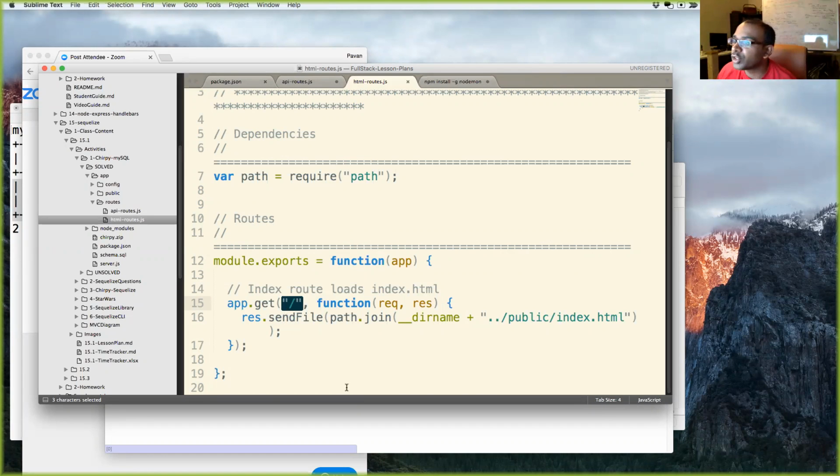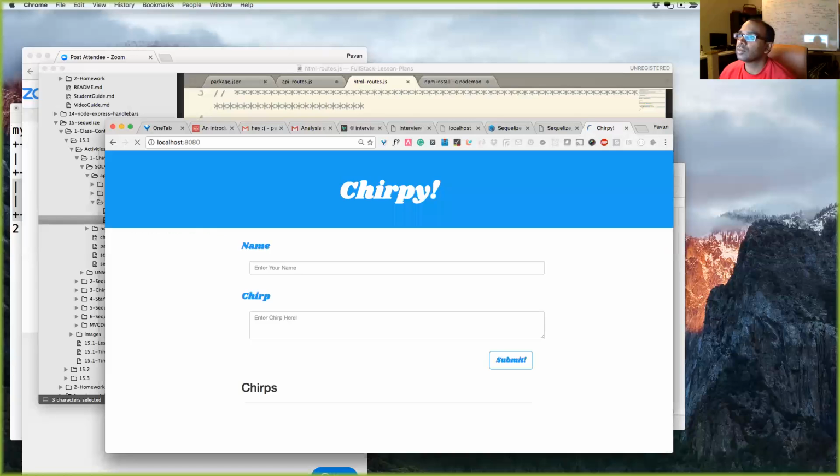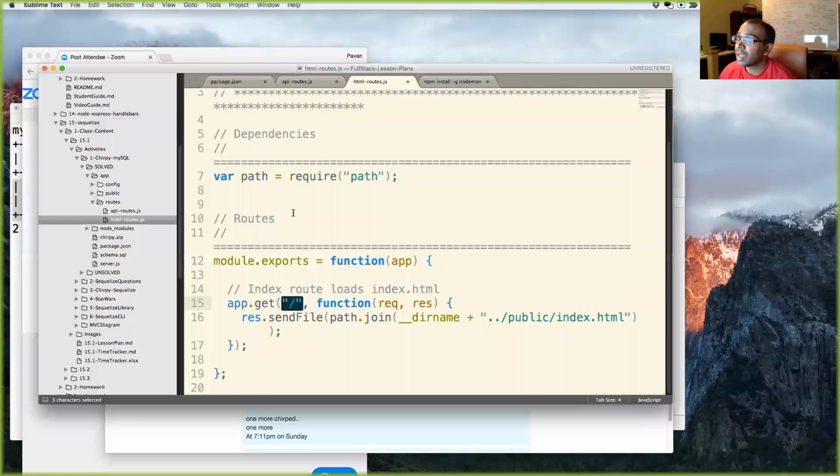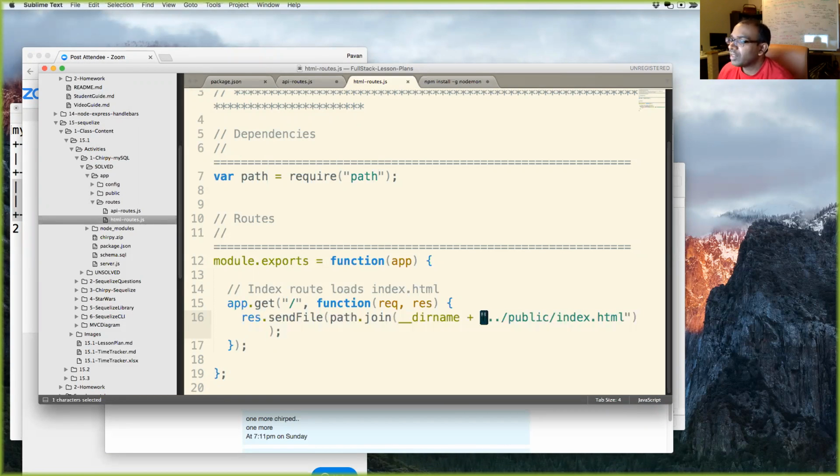When we go to the root of our application, when we go to localhost 8080, this is what we see. And that's what this route is doing. It's saying res.sendFile, path.join, __dirname plus this path. It's going to our public folder and serving our index.html file.